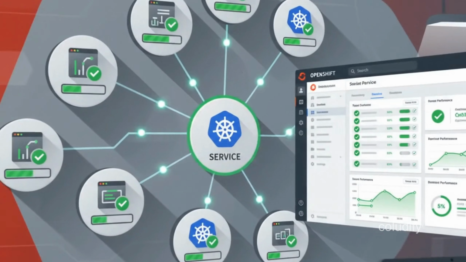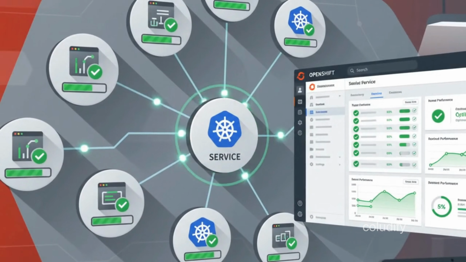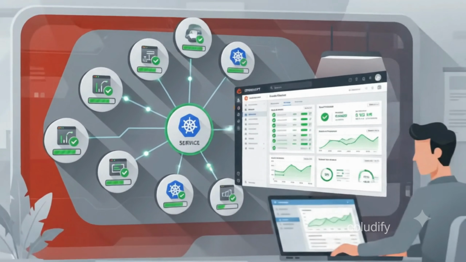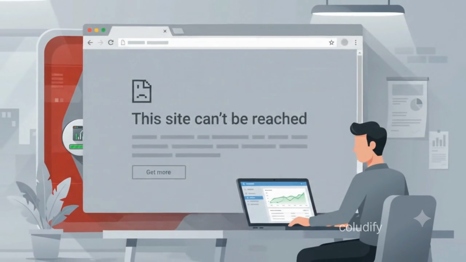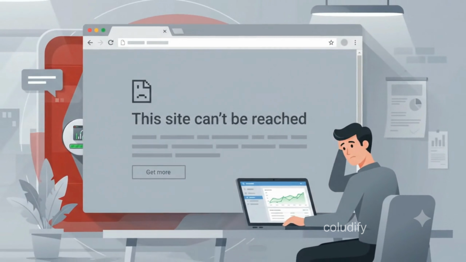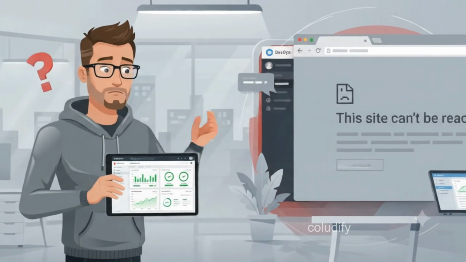Imagine this. Your application is running perfectly inside OpenShift. Your pods are healthy, your service is working, everything looks green. But when a customer opens your application, "this site can't be reached." How is that possible? If the pods are running and the service is healthy, what is stopping users from accessing